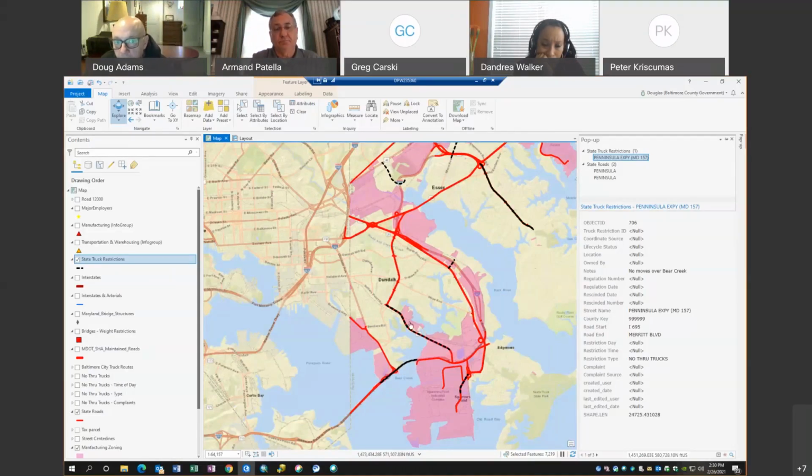So that's why some of these may look a little big when all the restriction really is, don't go over Bear Creek. But that wouldn't stop somebody coming out of Sparrows Point and going up to the creek, or somebody that's up in this area right here going down, and somebody in this subdivision going up. It's just to go over the creek.